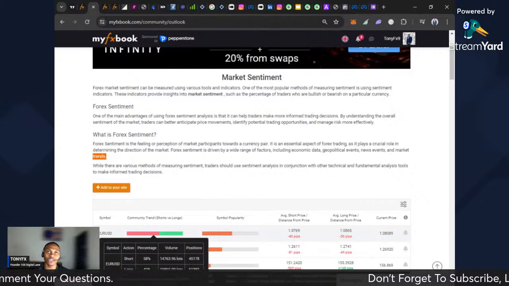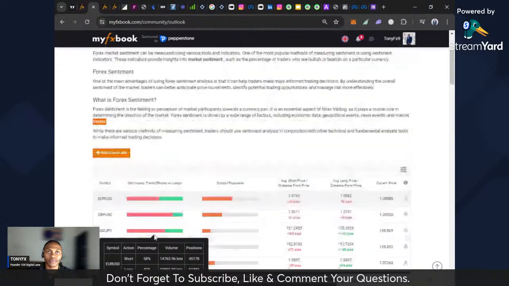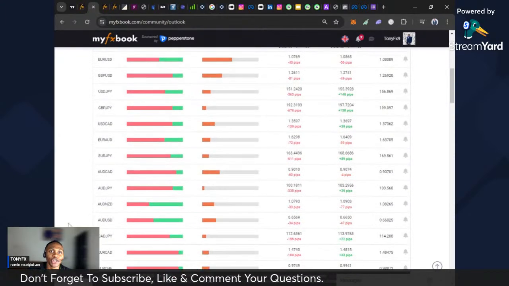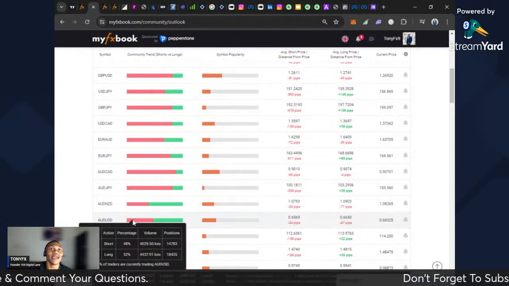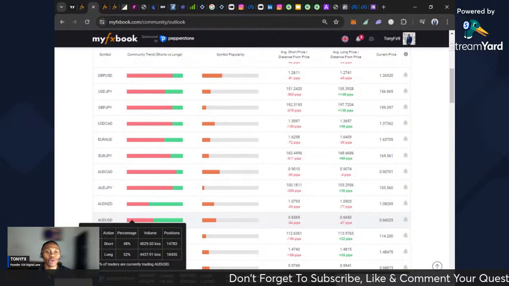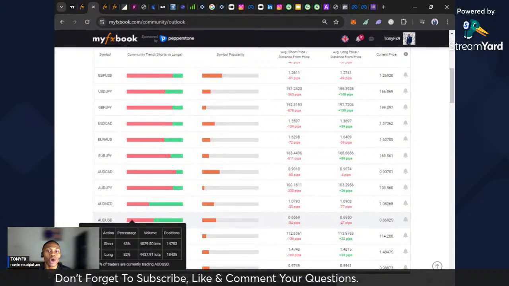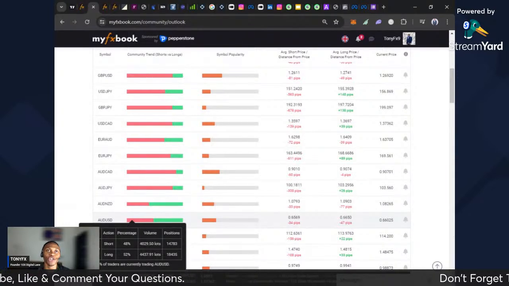That's why I told you that as soon as the market opens up, I'm expecting the dollar to gain some strength. So our bias is still accurate. Then for AUD/USD, the bias is more of longs, 52%. So I will not be looking for sell opportunities on AUD/USD. Instead, I'm looking for buy opportunities. Once the market comes back into our demand zone, we'll be placing a buy on AUD/USD and capitalizing on the move to the upside.